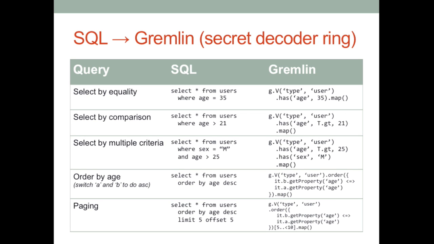So there's that 3-parameter one, that second one down, and then you can do multiple criteria, so you can chain these things, right? So you're doing where the age is greater than 25 and the sex is male. You can do ordering, and this is where the line starts to blur between where does Gremlin end and Groovy start, right? Since it's built on top of Groovy, that looks an awful lot like you get some closure language going on in here in terms of this mapping and ordering that's in line there.